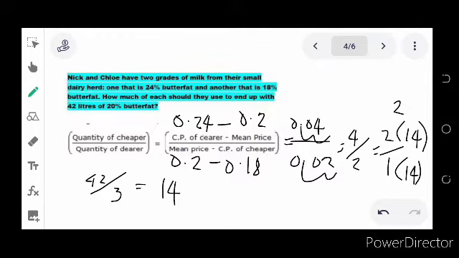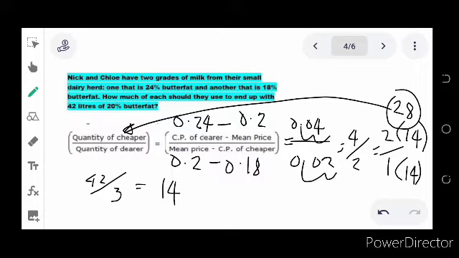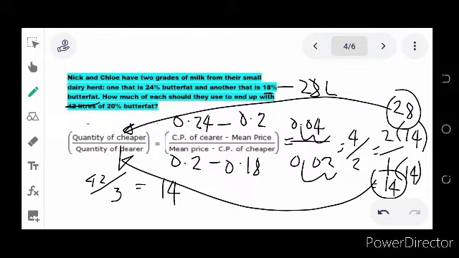So this gives you 28. So the cheaper, which is the one with 18% butterfat, actually is 28 liters. And then 1 times 14 is 14. This is now for the more expensive part of the mixture, the one with 24% butterfat. So that is now 14 liters. That means 14 liters of milk with 24% butterfat and 28 liters of milk with 18% butterfat is combined to